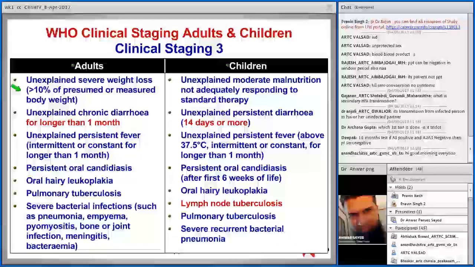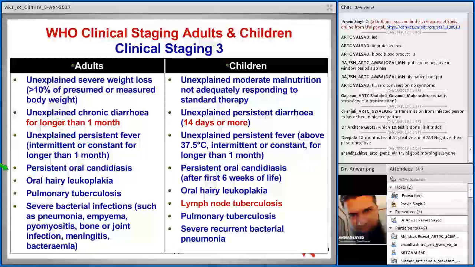There is a clear demarcation or clear markings on the gingiva near the tooth. You will see a linear marking which is called linear gingival erythema. It can be seen again in children. Then extensive wart virus infection, extensive molluscum contagiosum. Again, molluscum contagiosum, I'll show you. There are some slides on that.